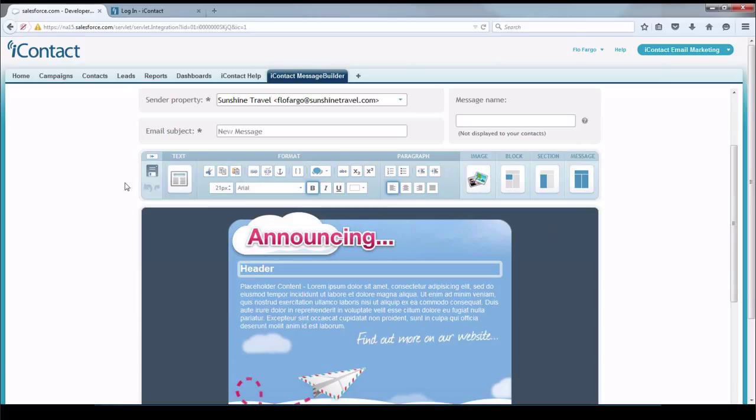Now, for the purposes of this demonstration, I won't be going through all of the different things that you can do to make this message stand out. However, if you'd like to learn more about creating a Message Builder message, you can sign up for the Create and Send Effective Emails webinar that I run weekly. You can also view our video tutorials, as well as read our helpful articles in the help system in iContact. They can guide you through that process,